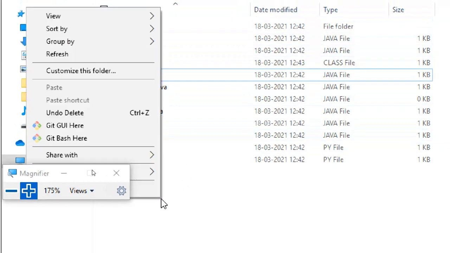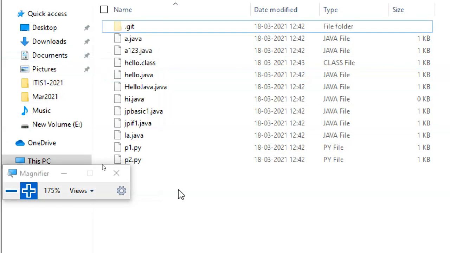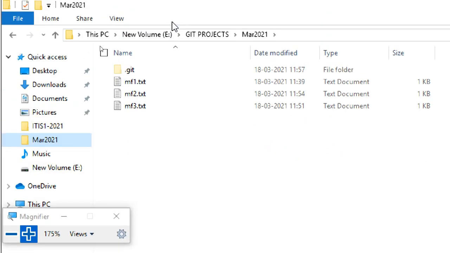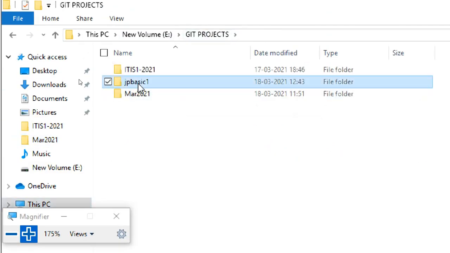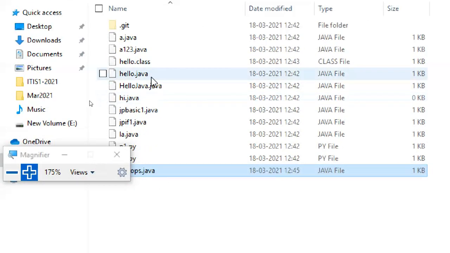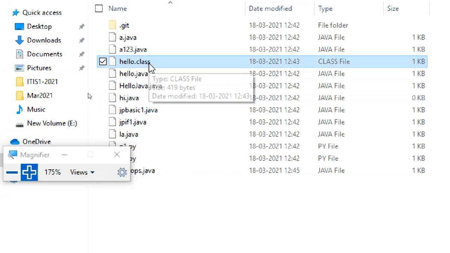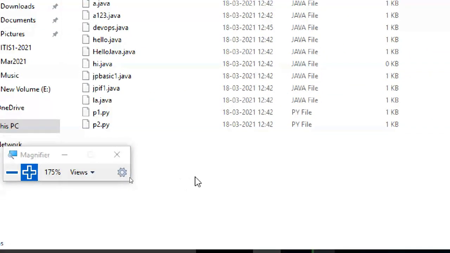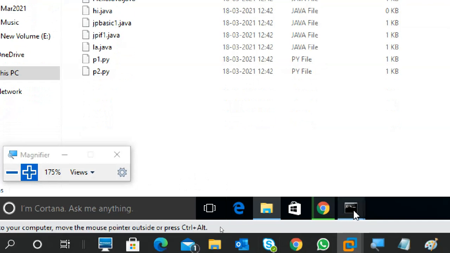Where did I create it? Here only I created it, right? I created it in documents. Here it is created. So, okay, paste. And this class is no longer required. I'm deleting that one.